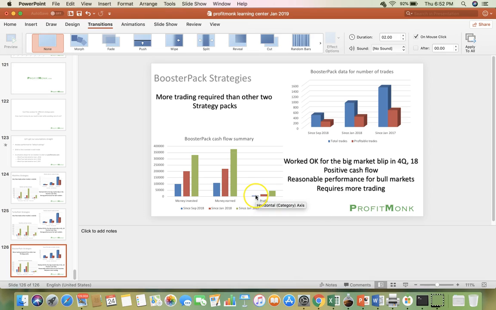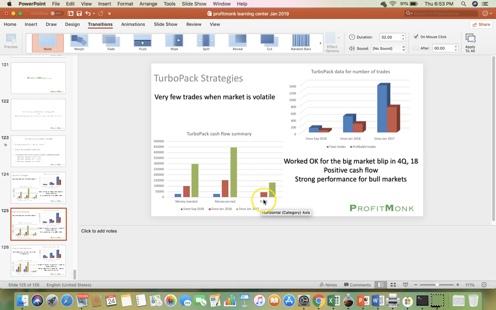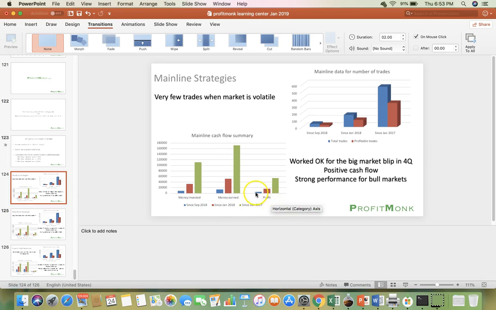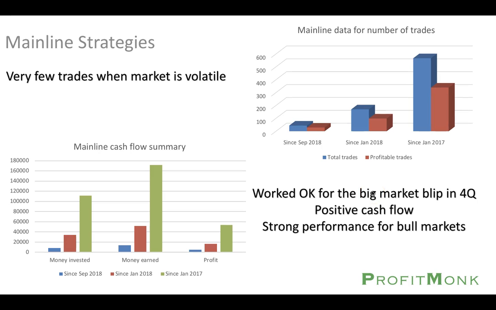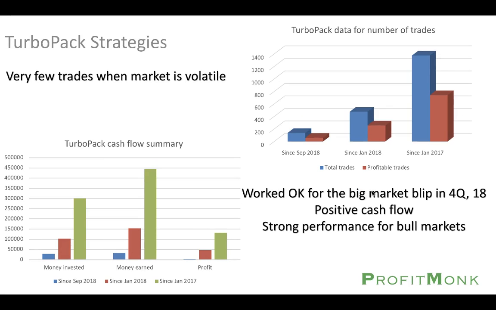in the last quarter, this thing made $8,000. You can see it here. Let me hold the mouse there for a moment. While here this Turbo Pack made just about 2K. I mean, it's hardly visible. Yeah, $2,100. Mainline made roughly the same, for about $4,000. So in summary, what we see is that the cash flow has been positive even in the